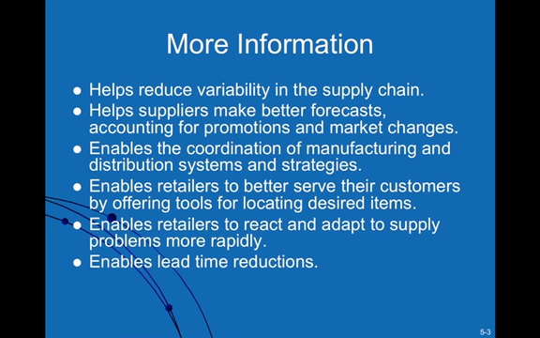And without good information, good forecasts, that could actually be detrimental to the supply chain. So information allows the various stages to do better forecasting, better accounting, maybe being able to plan promotions and so on. It allows for better coordination between different stages of the system,